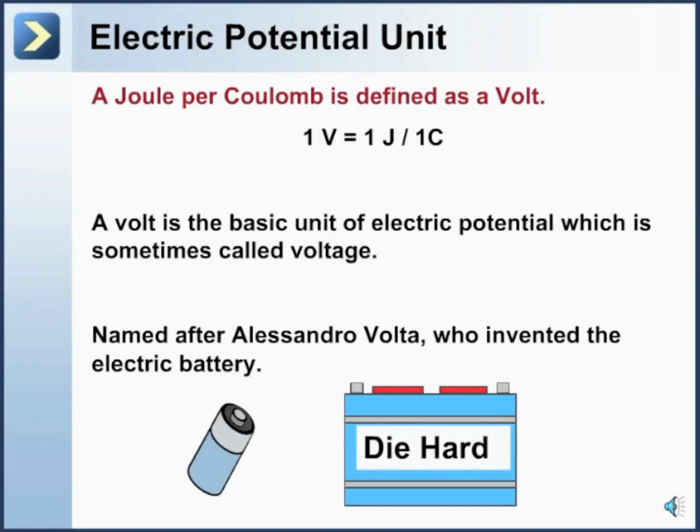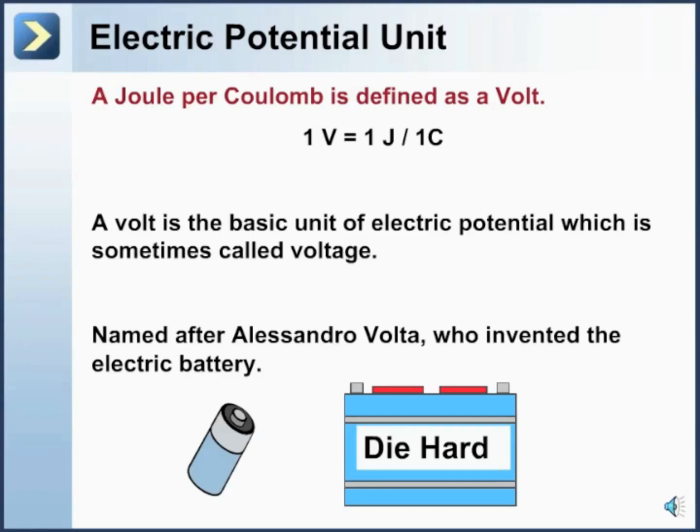Alessandro Volta was an Italian physicist, and in 1800 he came up with the first voltaic battery. And of course, voltaic is named after him too. But his first battery consisted of wine goblets filled with salt water, in which he had electrodes placed and created a certain voltage consisting of the difference in potential between the cathode and the anode. And so it's kind of neat that the first battery was really just a series of wine glasses filled with